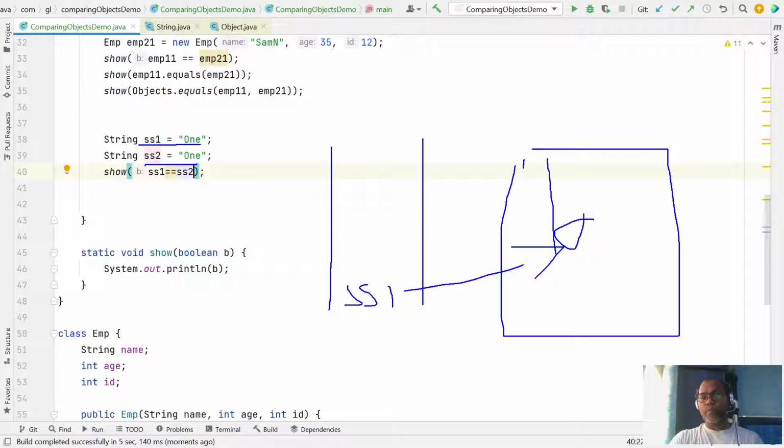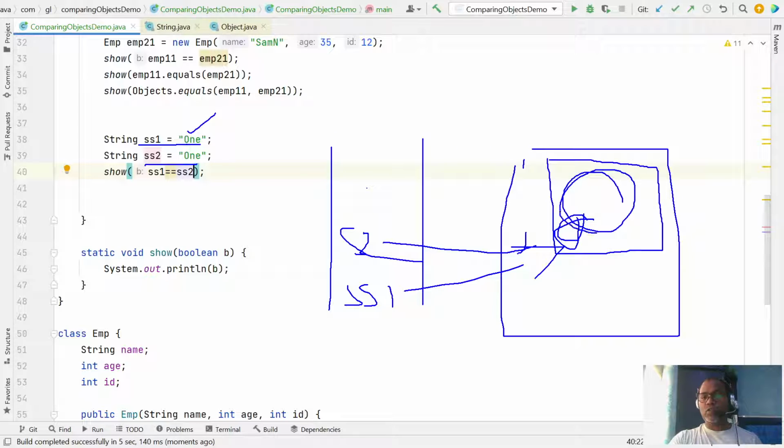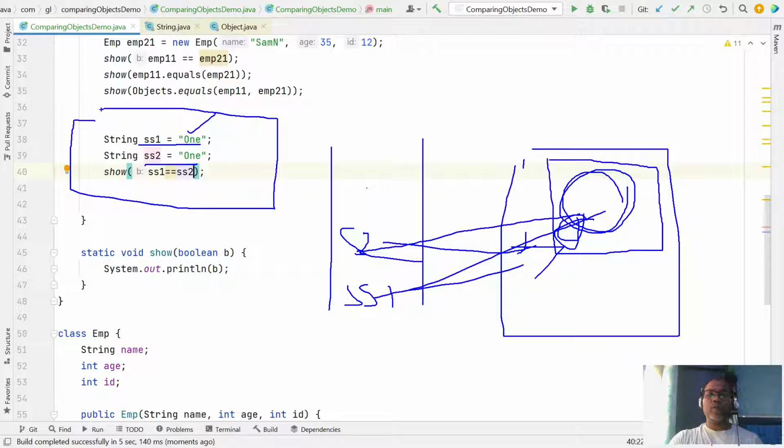There is a concept of the Java string pool memory, and the pool memory stores a value only one time. The value is already stored, and when you store it again in the ss2 variable, ss2 also refers to the same one. So only one object in the heap or constant pool memory is allocated, and both variables refer to the same object. Due to that, the equal operator returns true.